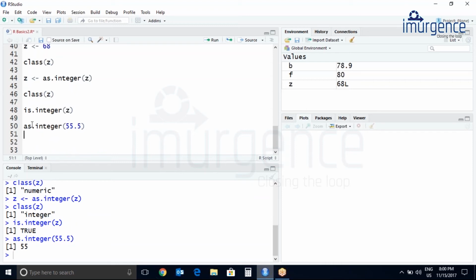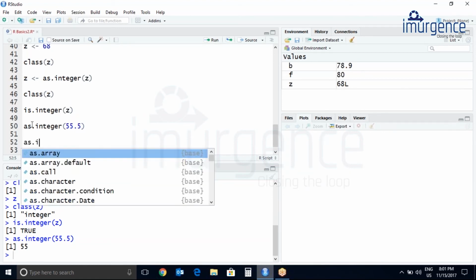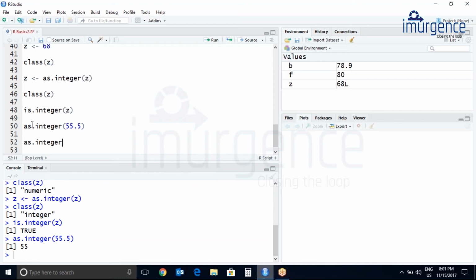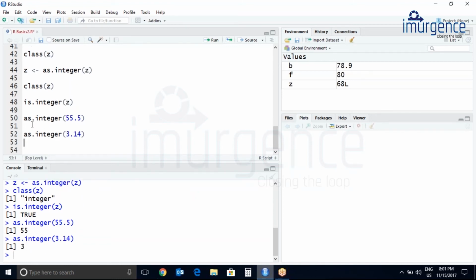See, whenever you try to convert any decimal value to an integer, it will convert, but it will work like typecasting, where the value 55.5 changed to 55. Let's try with another number. Again, 3.14 is converted to 3.